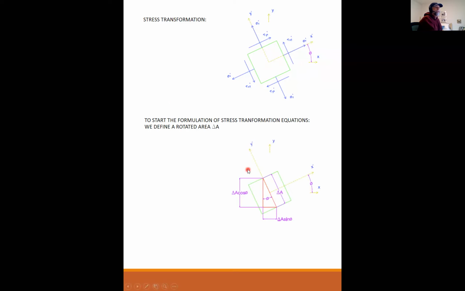On this rotated coordinate system, I rotate my unit cube, my square, and I am going to define the width of that square as delta A, which means it has some area coming in and out of the page as well. How much is not important at this point, but this surface right here represents a delta A. And if this is delta A, then the surface normal to my original x-axis is delta A cosine theta, and this surface, normal to my y-axis,